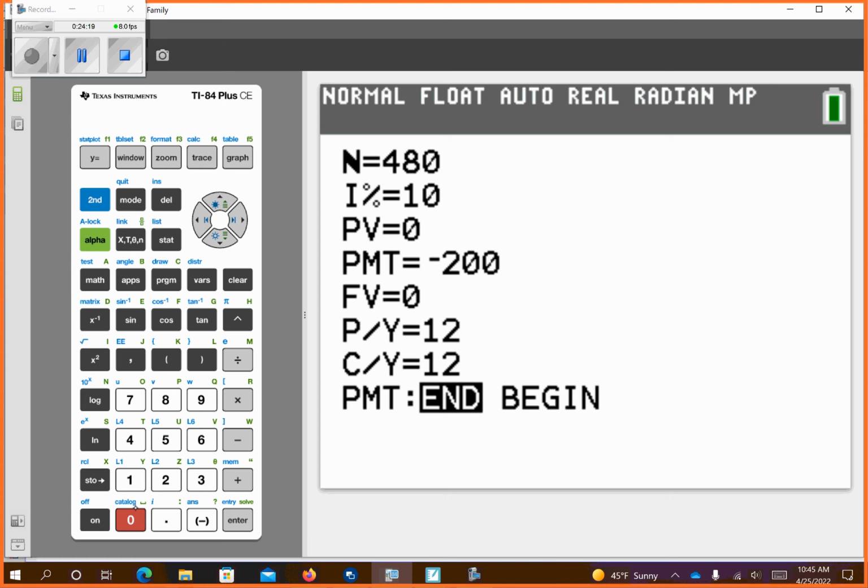Now, this is a very cheap way of doing it because, of course, you're not going to always just invest $200. You're going to make more as you go into your careers. So you'd put more and more in it each month as you progress through. Okay? P/Y, C/Y means that we're compounding. So if I invested $200 starting at age 20 every month, okay, for 480 months, that's going to give us